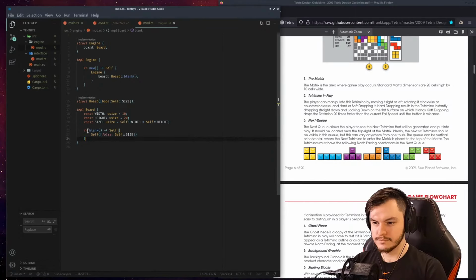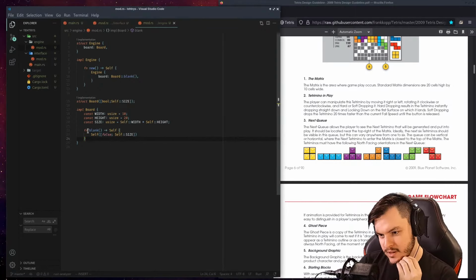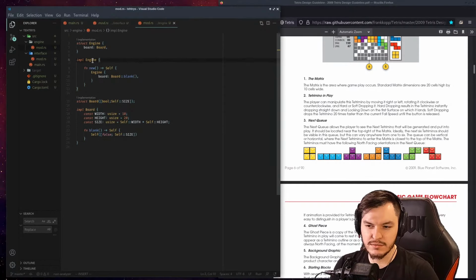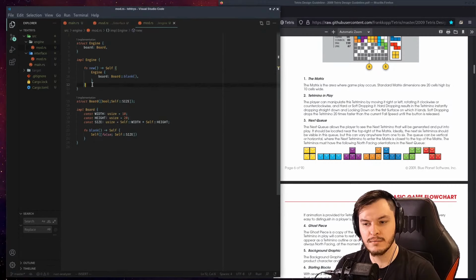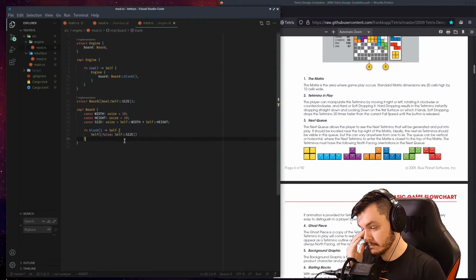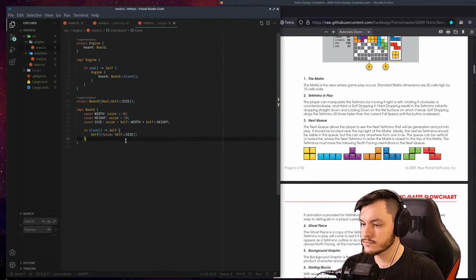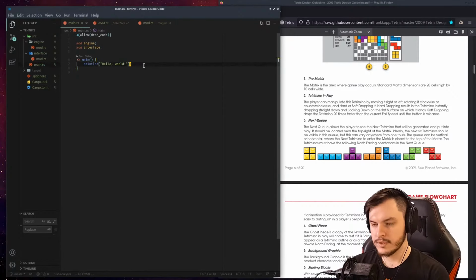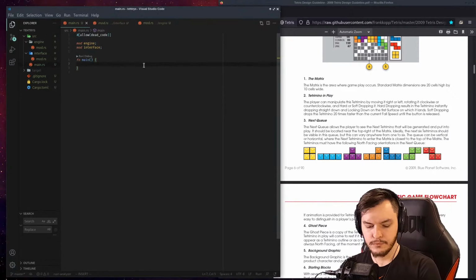So we don't need to make any of the members of board public because they're just going to be exclusively operated on by the engine. We're going to use the engine as a proxy for the actual board. So we have a board, or if we have a game engine here,